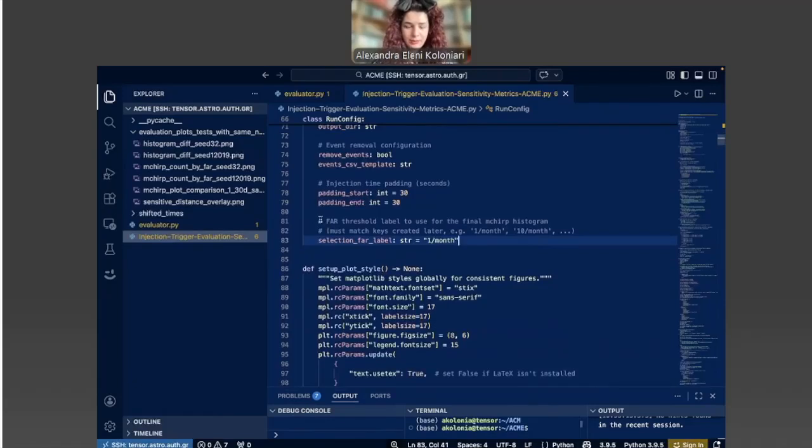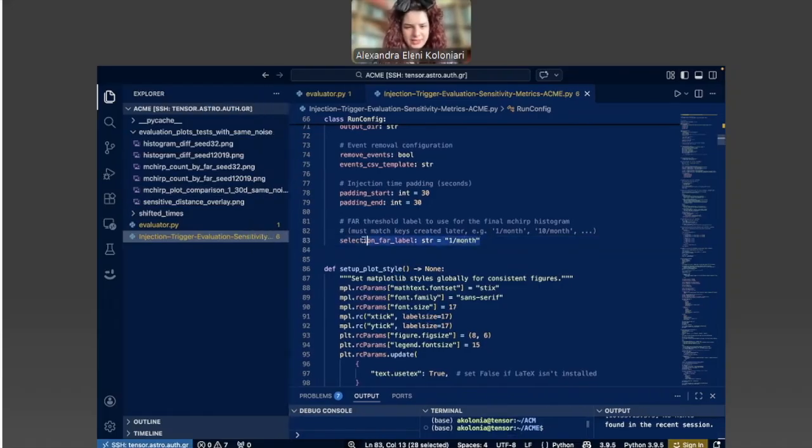This specific parameter here, you will see, we will discuss about different plots. One of the plots will show the number of detected injection versus the false alarm rate for both the test files that we will check here. And here we decide in which false alarm rate we want to see the number of detected injections with the chirp mass.